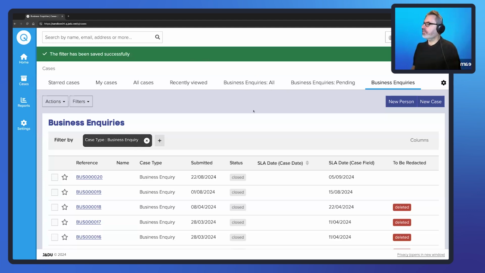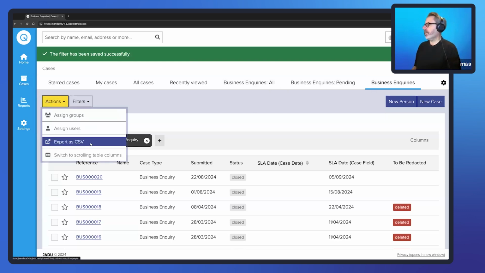What you can also use filters for is for extracting data from the system. So whenever you have a filter, a custom filter, if I go to the actions list, I can export that data as a CSV file. So I can effectively get a spreadsheet with all of that information in it. If I select export as CSV,